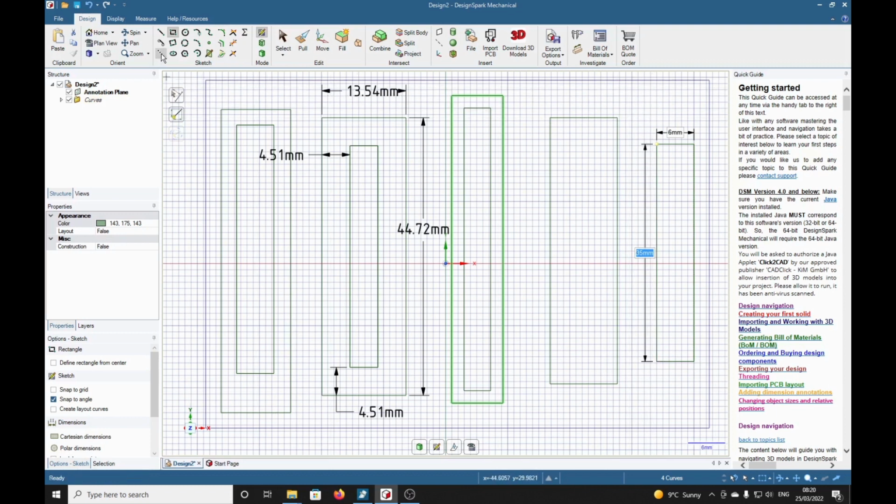and we'll need a construction line, this line here, put across from the center of one side to the center of the other. We get a dotted line. Now, one thing about Design Spark Mechanical is that it finds the center of any line it touches, so that little triangle is the center, so we know that. We're going to select this rectangle,